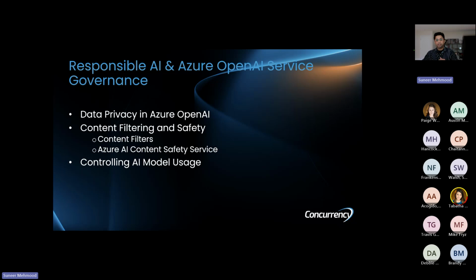And talking about controlling the AI model usage, right? There is an AI Foundry model catalog, by the way. If you look at OpenAI, there are different models that could be used within OpenAI. There is ChatGPT 4.0, O3 model, O4 mini, O4 mini high, all of this. All of these models have different use cases. If you are researching something, you would rather use one model. If you're writing code and asking for feedback about the code, you would rather use another model.